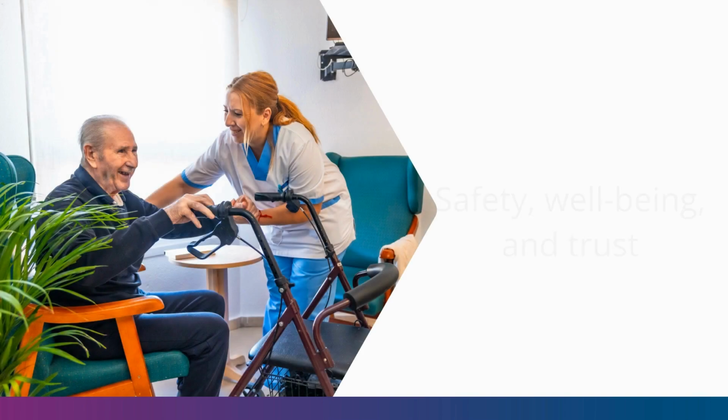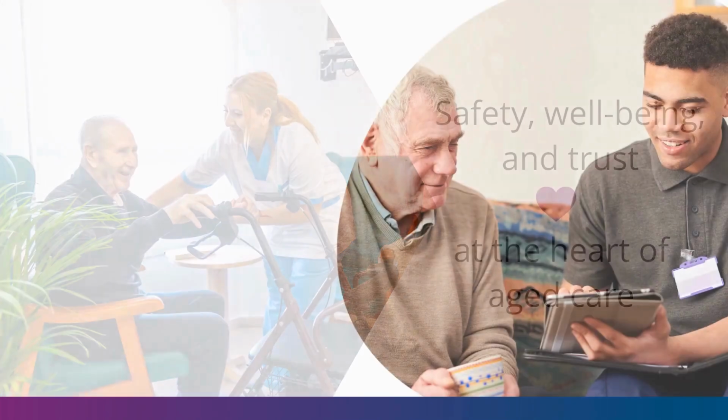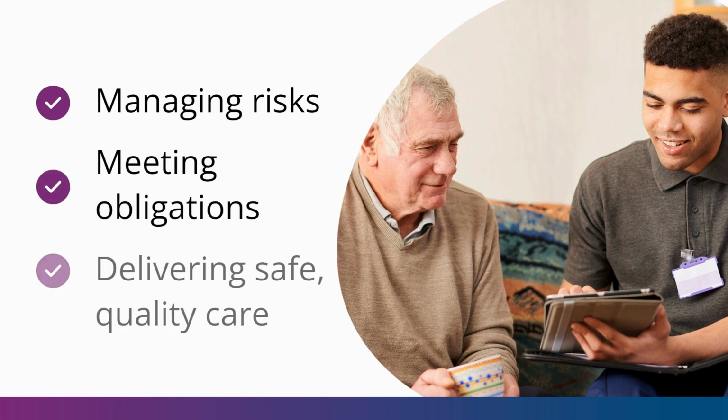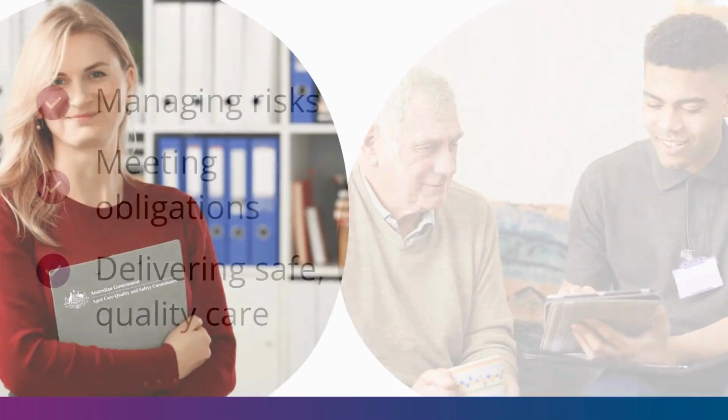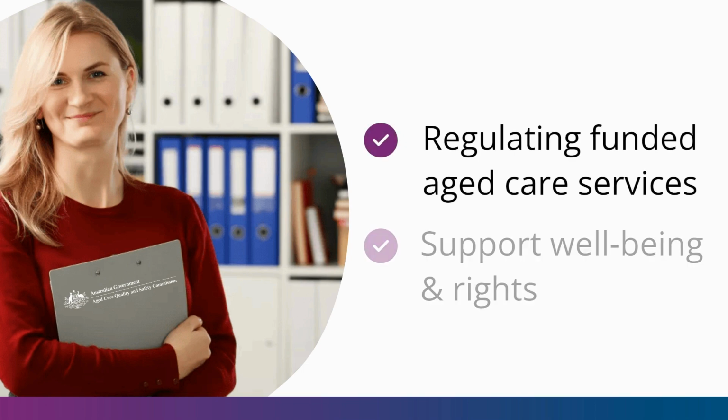Older people's safety, well-being and trust in their provider is at the heart of aged care. Registered aged care providers and workers are responsible for managing risks, meeting obligations and delivering safe, quality care. The Aged Care Quality and Safety Commission is responsible for regulating funded aged care services to support the well-being and